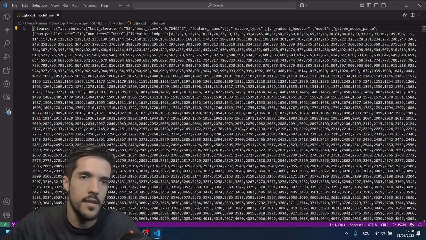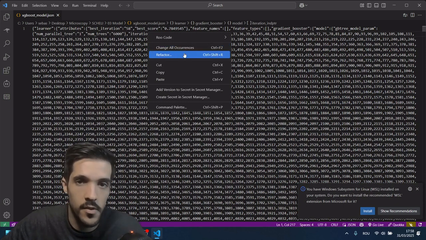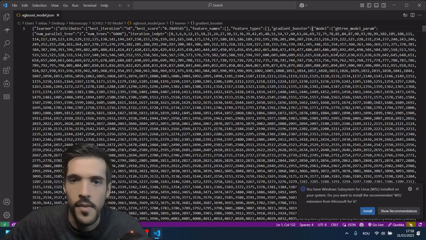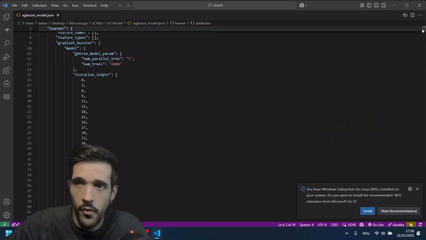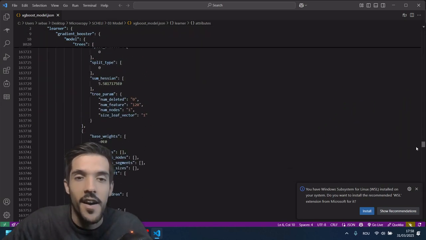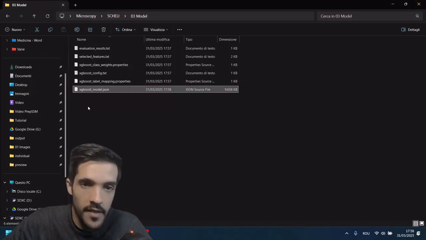This one. And here we have the model, which is a JSON file. This can be seen also with some text editors. Yeah, format document, and it gives us some information if we want to read about it. This is more for technical people. So not only do we have the model,